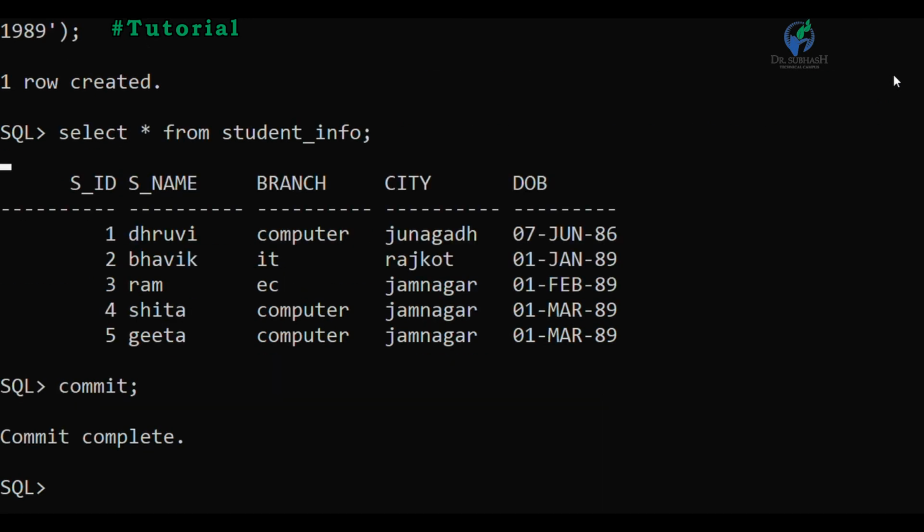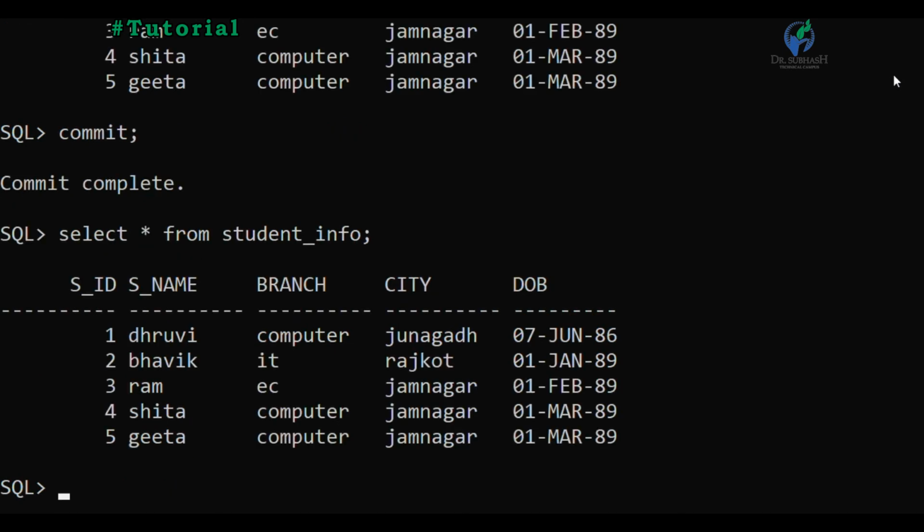Output: commit completed. Okay. After that we again select our table. Same output. Okay. After commit we perform a delete operation on the student_info table where